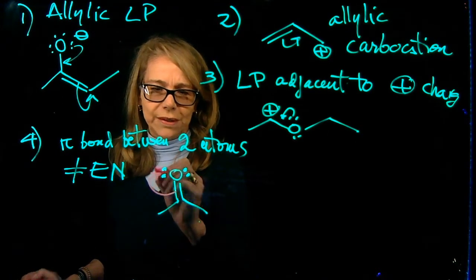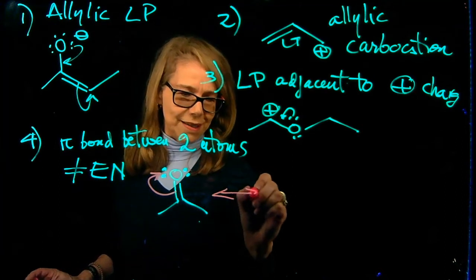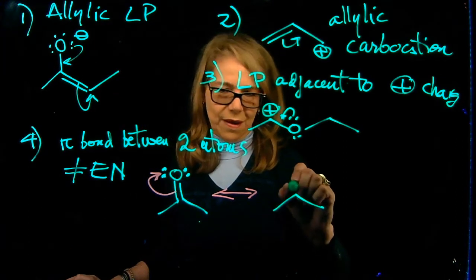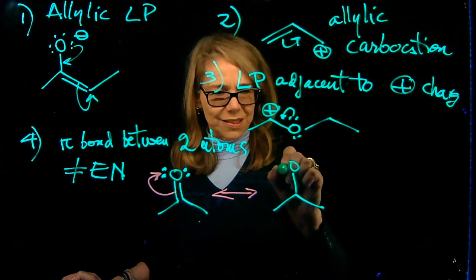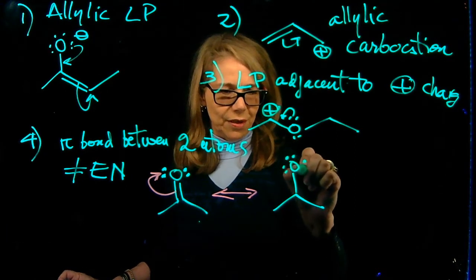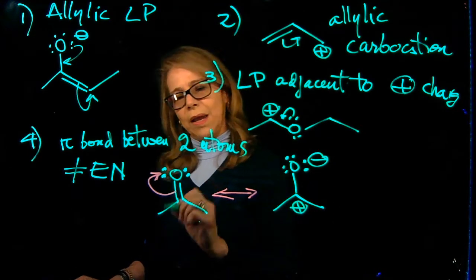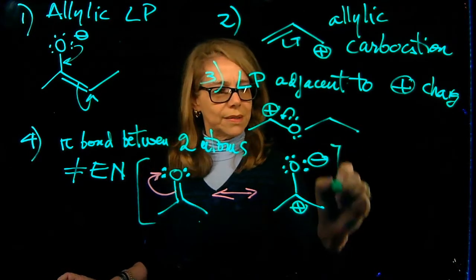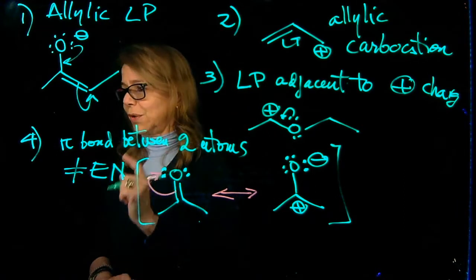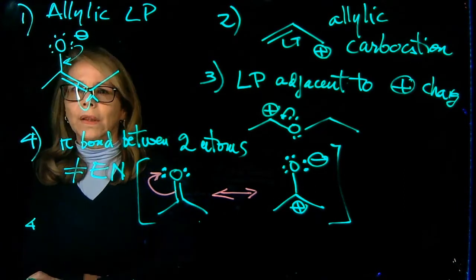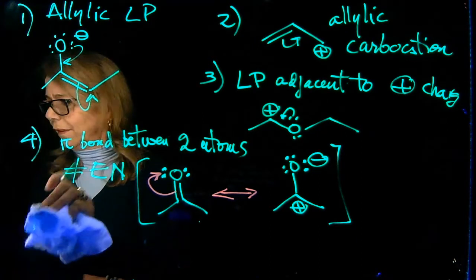We will move electrons over to the oxygen. And the resonance structure then will be: now oxygen has 3 lone pairs and a negative formal charge, and here you will have a formal positive charge. So that was the fourth pattern. And the fifth pattern that I didn't mention is